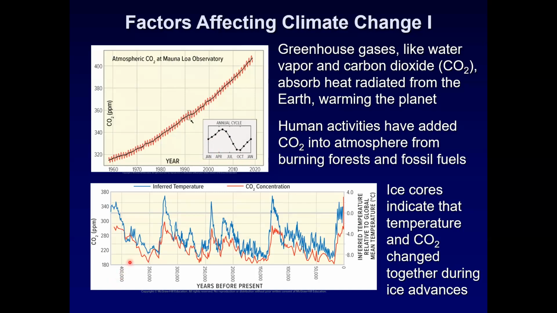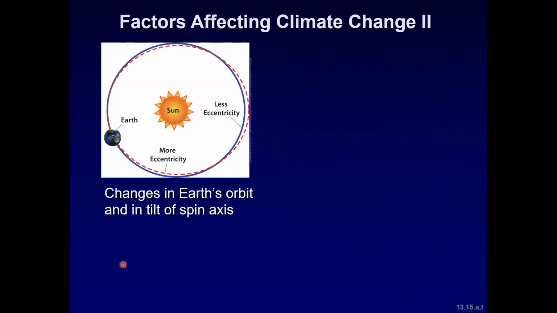All right. So from the ice core analyses, we have an inferred temperature that goes up and down, and then a CO2 concentration that goes up and down as well. And we can say that these correlate fairly well. All right, part 2 here, factors affecting climate change. So climate is always changing, and many factors cause climate to change. Being a geologist, I try to have a long perspective, right?